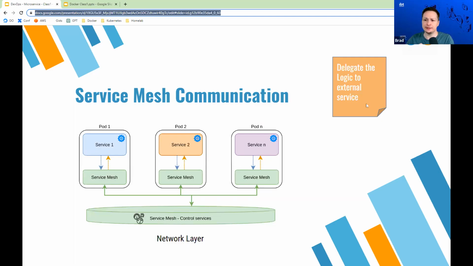And this can go a little bit further when you start implementing what's known as service meshes. You'll see this a lot in Kubernetes. Basically, a service mesh takes control of the actual communication layer. So your actual applications don't need communication logic built into them. They're just serving requests, and the service mesh is controlling how the requests get to them.